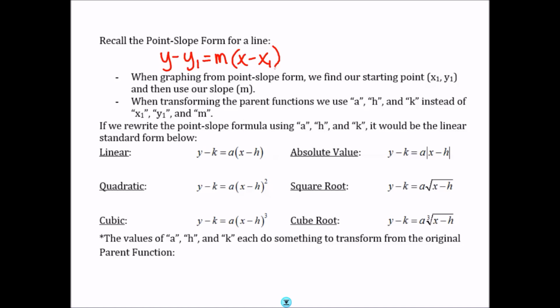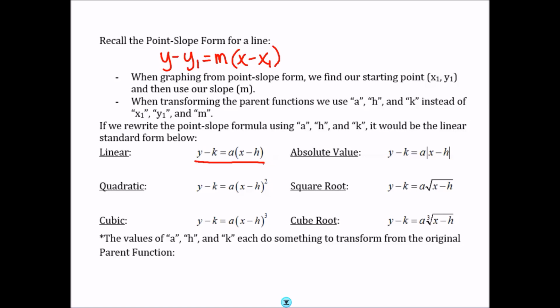For transformations, we're not going to use m, x1, and y1. We're going to use a, h, and k. So if we rewrite the point-slope formula using a, h, and k, it would be this linear function here. You can see that we have a instead of m, h instead of x1, and k instead of